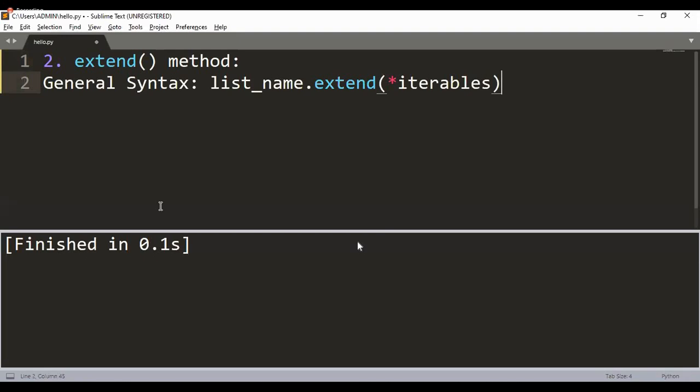Please understand why this method was called the extend method, provided in the programming language Python. If you would ask me, it's for a very simple reason. We also looked at what is the advantage of the append method and what was the disadvantage of the append method. Whenever you try to insert multiple values using the append method, it would always get inserted in the form of a nested list. If that is not what you expect, if you don't want it to be stored in the form of a list within some other list, if you want it to be stored as individual, independent elements, that is when you will have to choose to use the extend method.